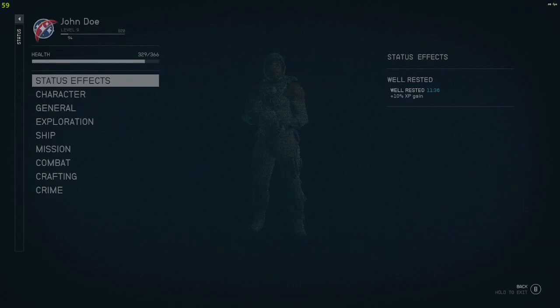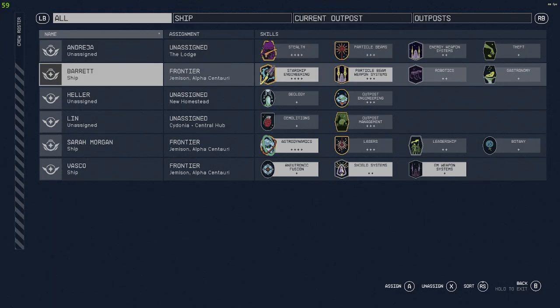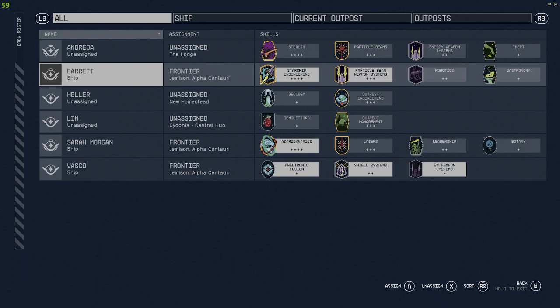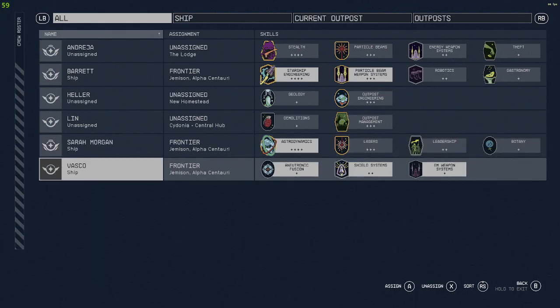But if you look, let's go here. Andrasia provides particle beams, energy weapon systems. So the only thing that she really provides for the ship is the energy weapon systems, which we don't really need. The particle beam weapon systems that Barrett provides are extremely valuable, as well as the astrodynamics that Sarah Morgan gives, and then Vasco gives anatronic fusion,